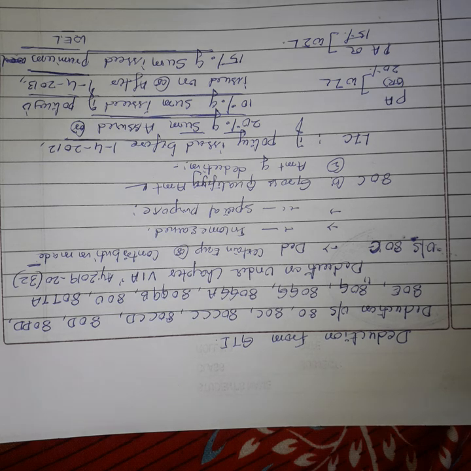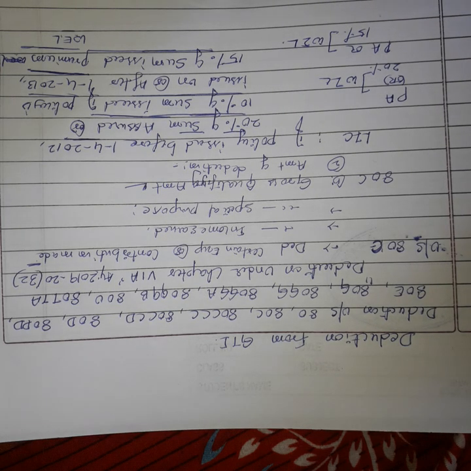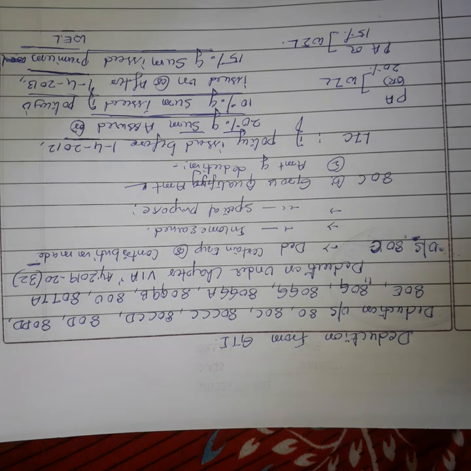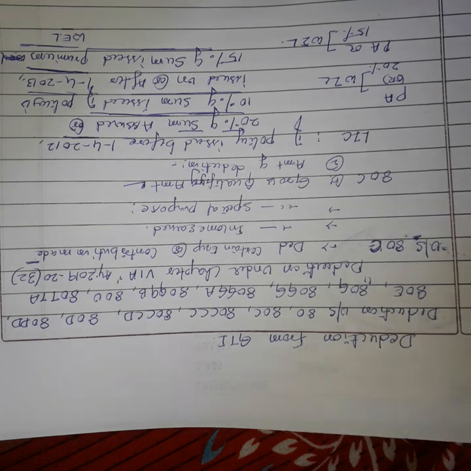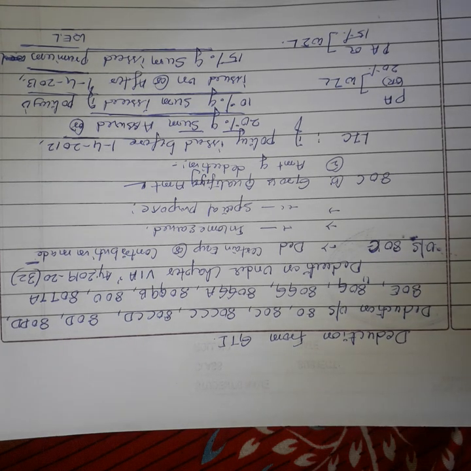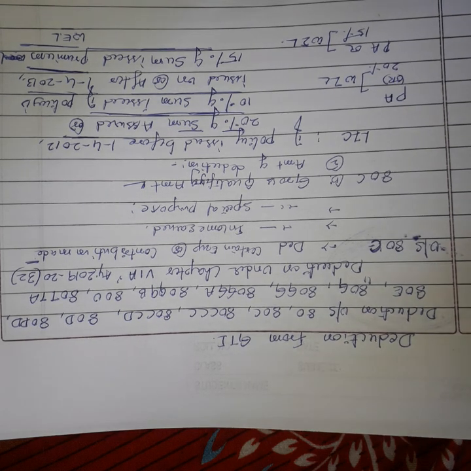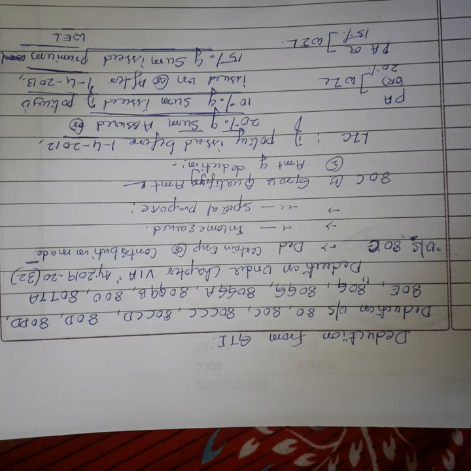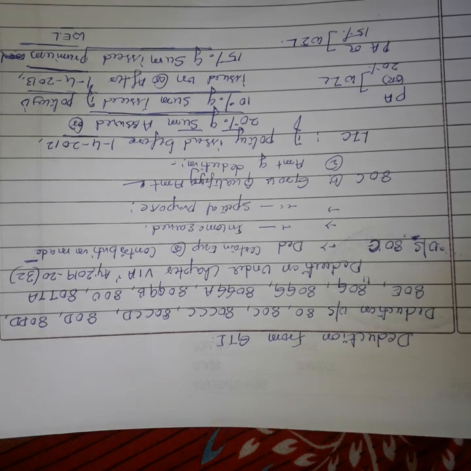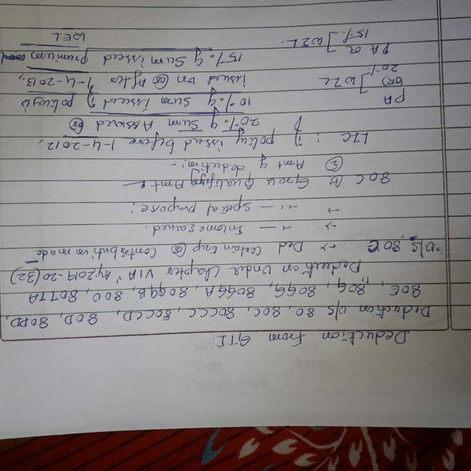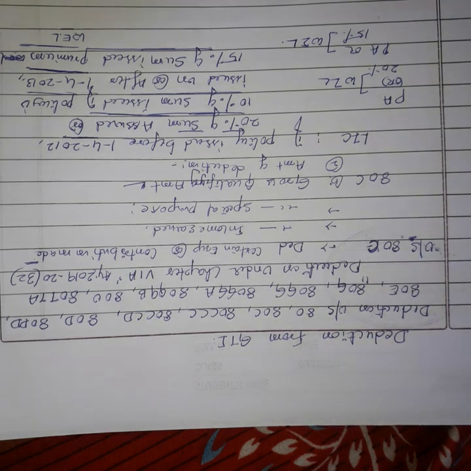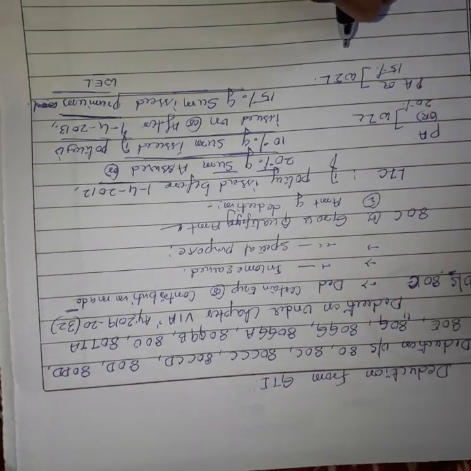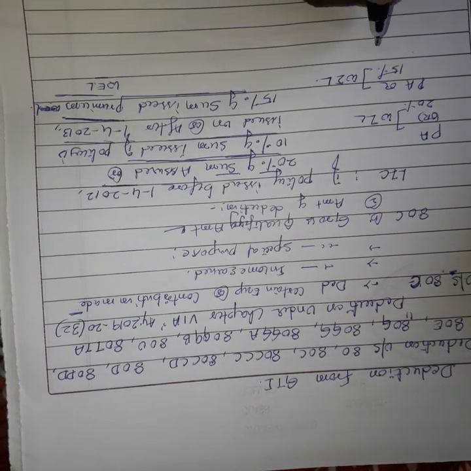Payment in respect of non-commutable deferred annuity, subscription to National Savings Certificate, a Sukanya Samriddhi Yojana account, amount deposited in a 5 year time deposit scheme in post office, contribution towards 15 year Public Provident Fund, you can take deduction. And deduction under section 80C